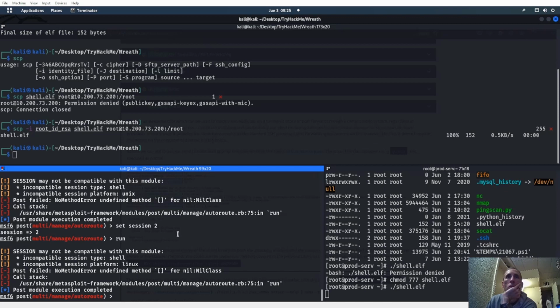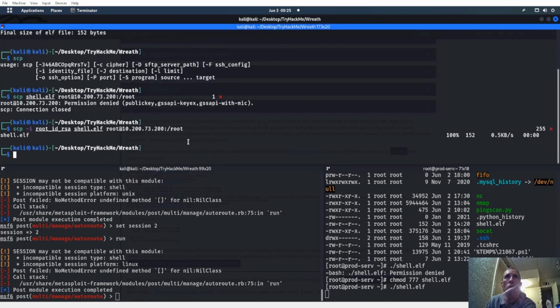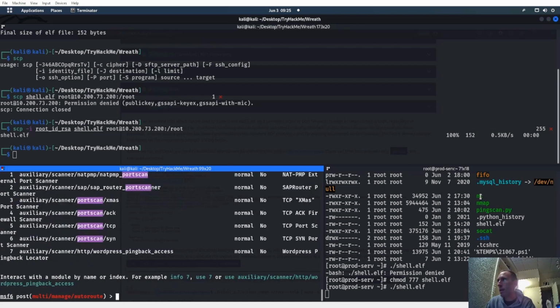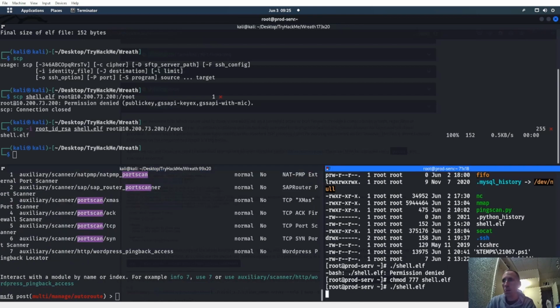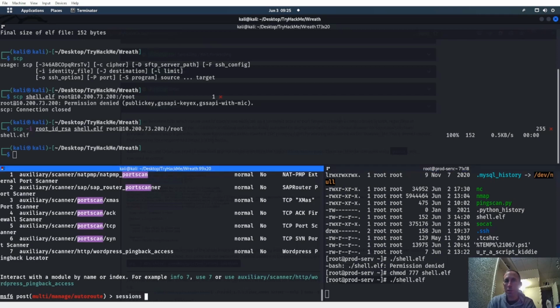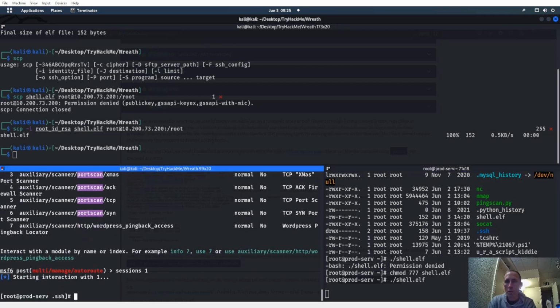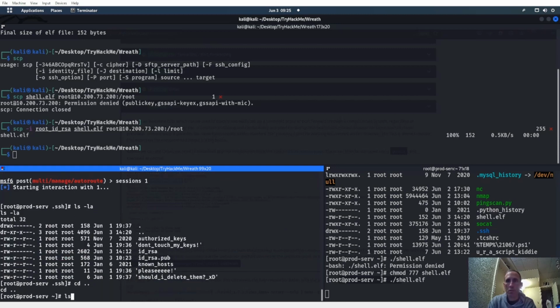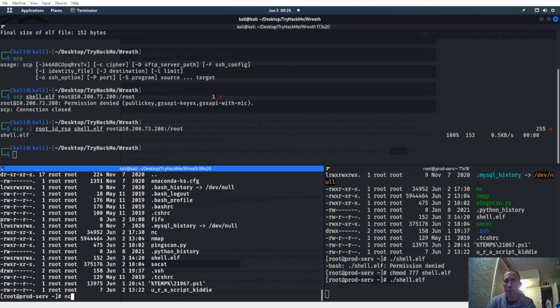Okay, so I guess we already have that shuttle running, so we can work off of that now. But we're not really going to do an Nmap scan with shuttle, so let's search for port scan. That's probably why he put netcat over here. He probably did a netcat. So if we do sessions 1, and we do ls -la, cd back, I guess. You do a netcat -zv. The Z is for port scanning